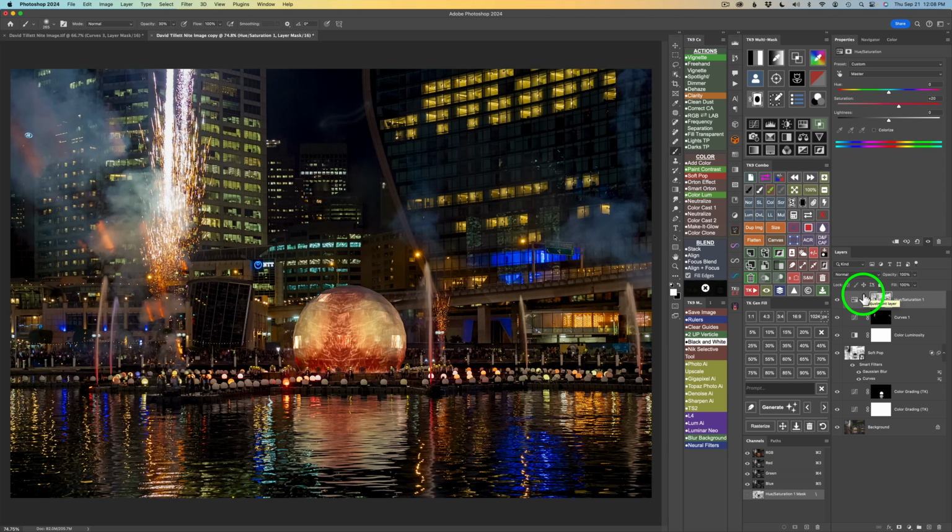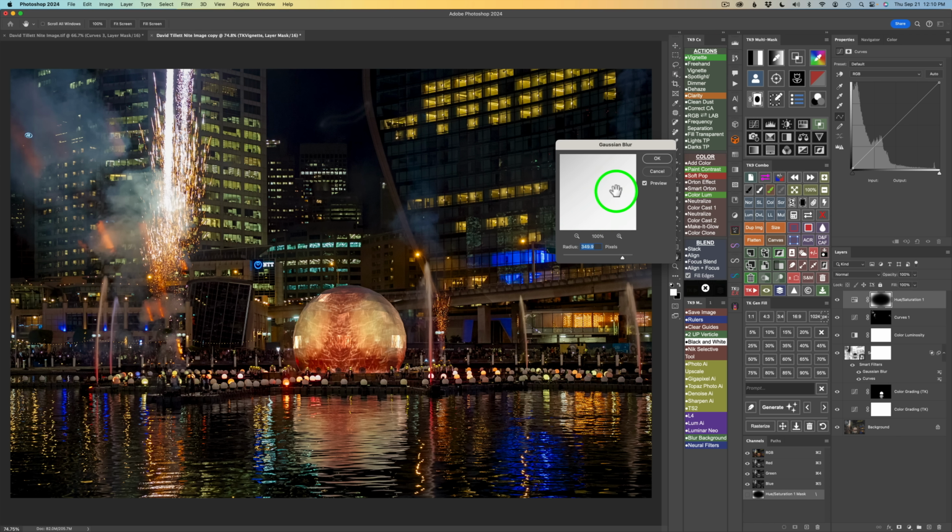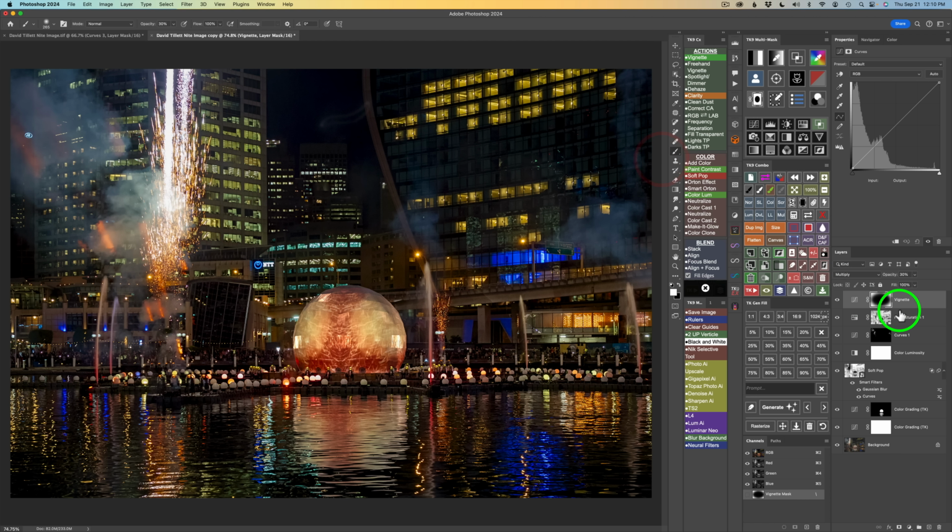A couple more things and we're done. I want to put a vignette on this image just to keep our viewer into the frame here. So we're going to come up to the TK actions. If yours aren't open, click the TK action button. So click on vignette, and I take the Gaussian blur just the way I get it here. Click OK. And now we default at 30%, but I'm going to go